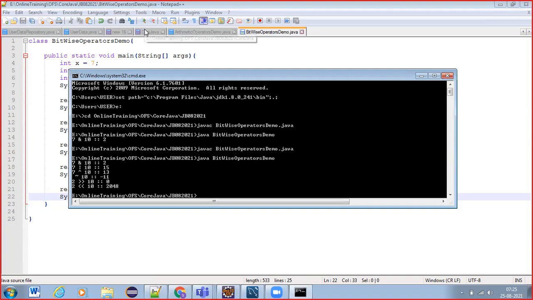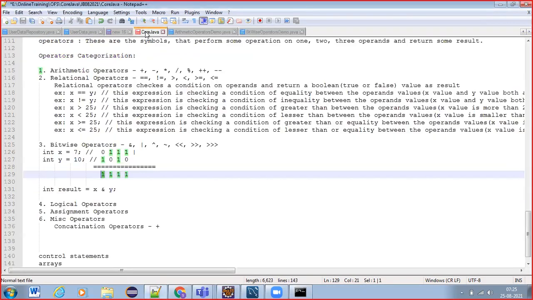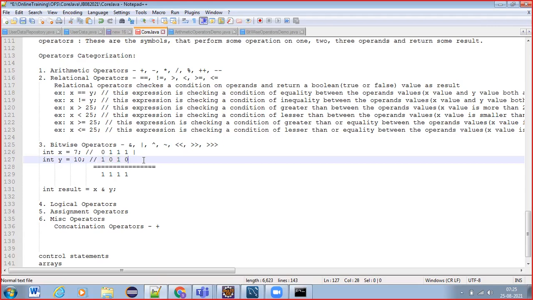Right. So here it is 0, 1, 0, 1. When we are negating it, how will the bit sequence come? In place of 0, what will be the value? 1. And in place of 1, what is the value? 0.